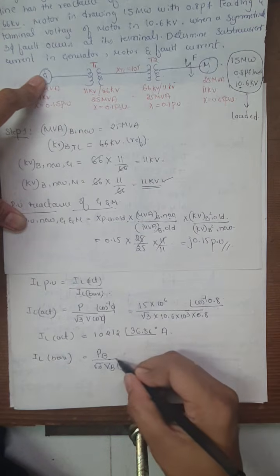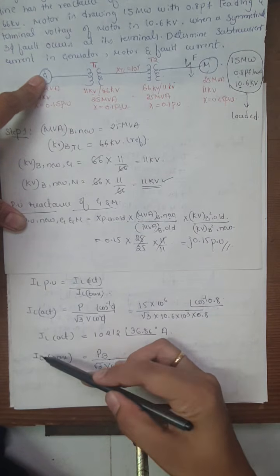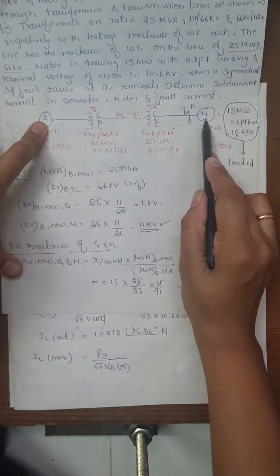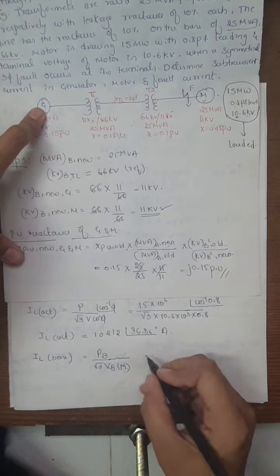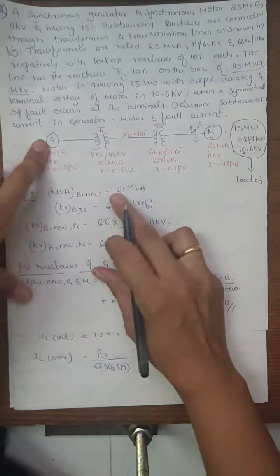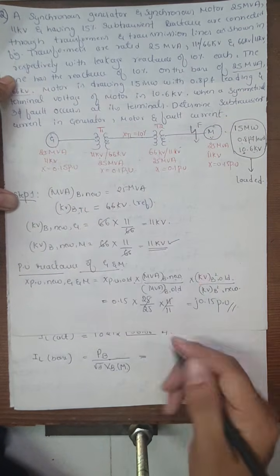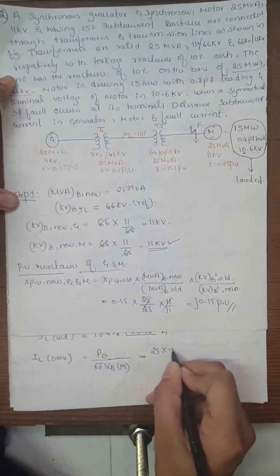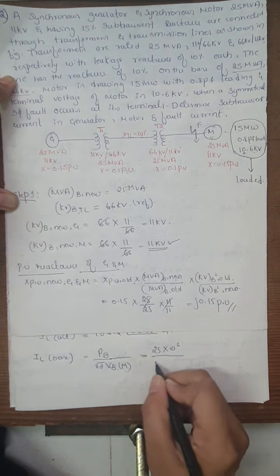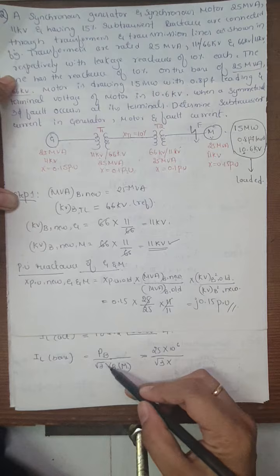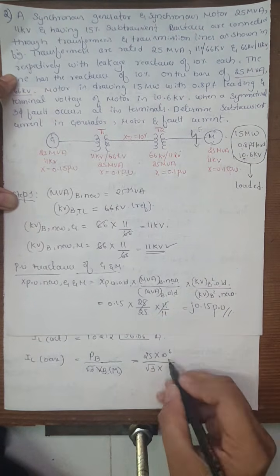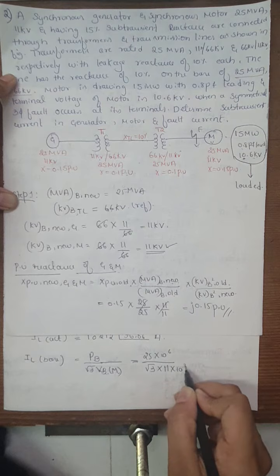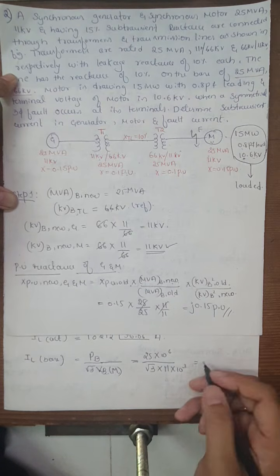Why? Because you are calculating the load current. Load is nothing but always the motor. So here V base of the motor only you have to take. So now look at the step 1. MVA base is 25 into 10 power 6 divided by root 3 into V base of the motor. So the motor base voltage is 11 kilovolt. So you will get the answer for the base as